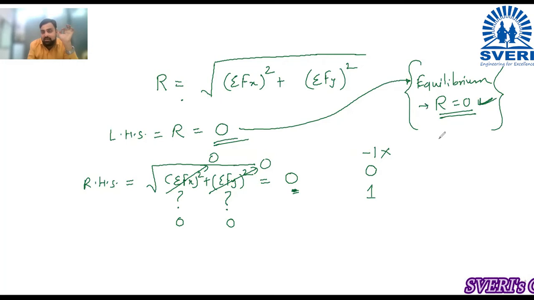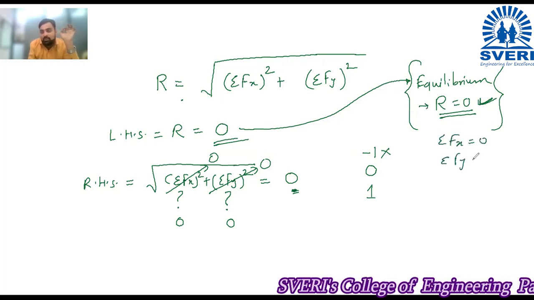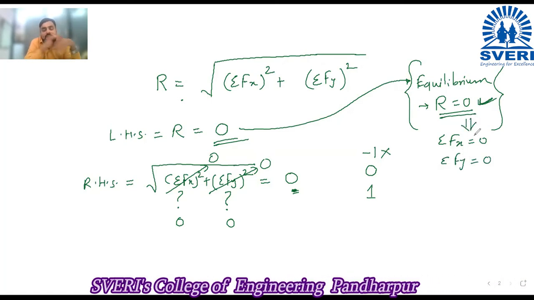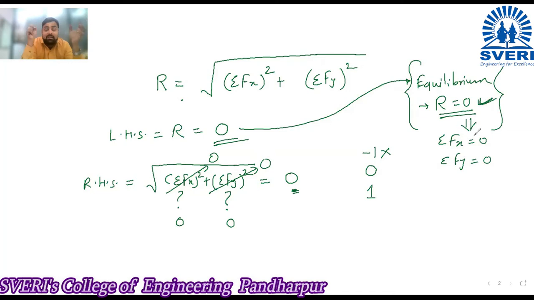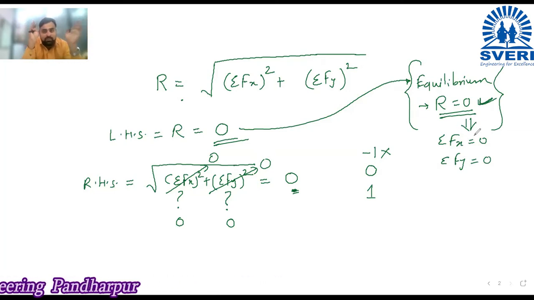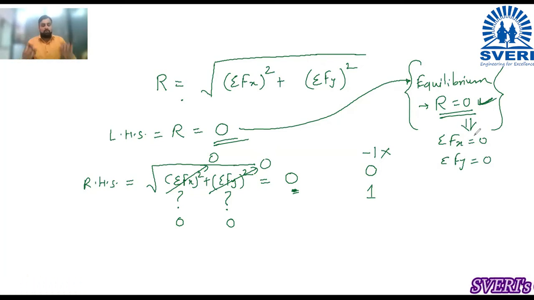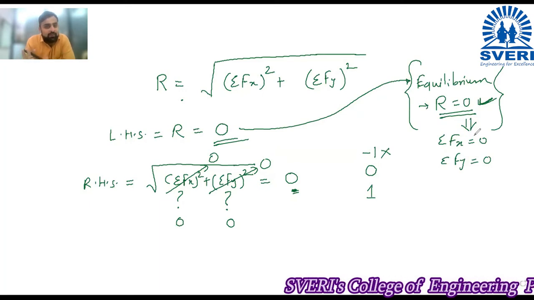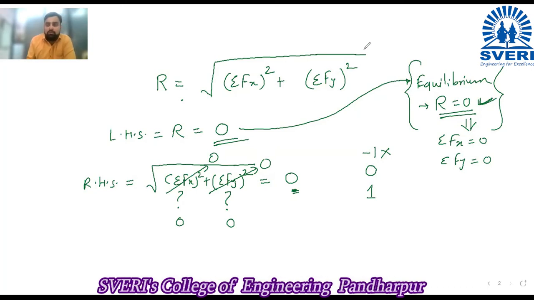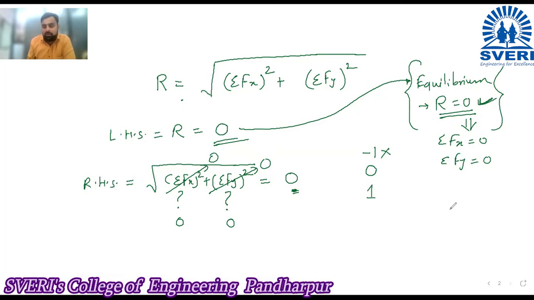बट व्हेन आय से रिझल्टंट इज 0, दॅट इज मीन्स व्हॉट? आय एम इनडायरेक्टली सेइंग दॅट समेशन fx is 0 and summation fy is 0. This is indirectly I am saying that when r is 0, then it reflects that summation fx is equal to also 0 and summation fy is equal to also 0. Is it clear now? Yes, sir. Okay, so now any doubt in this equilibrium and how summation fx and fy is 0? Anybody is having any doubt in this? No, sir. Okay, so now we will write down the definition and we will see the further part.